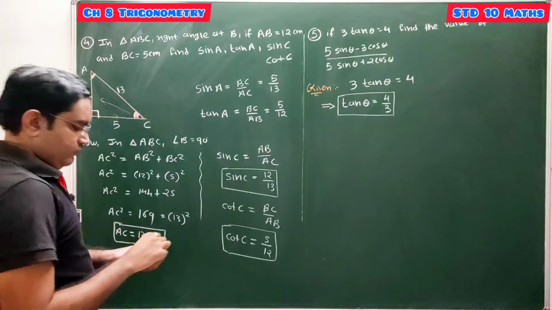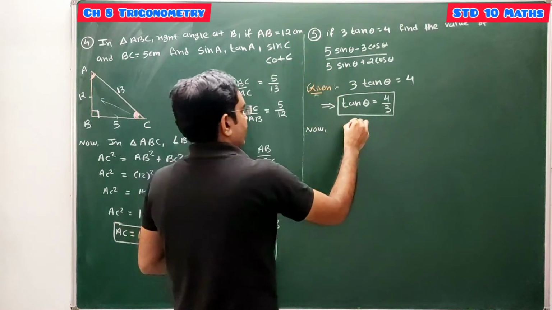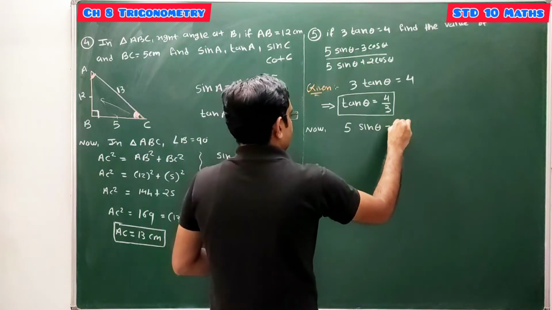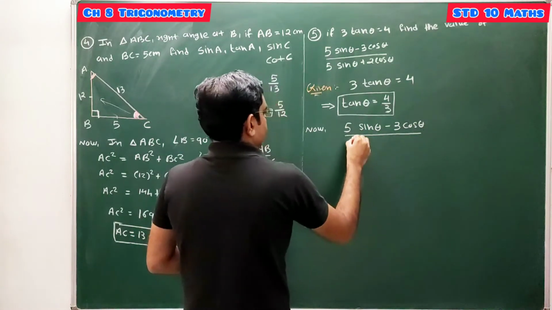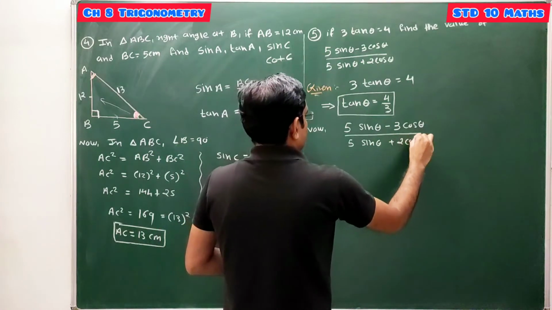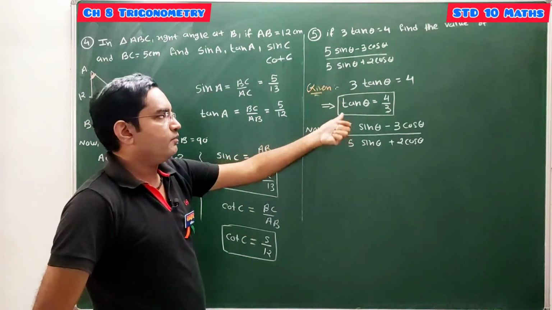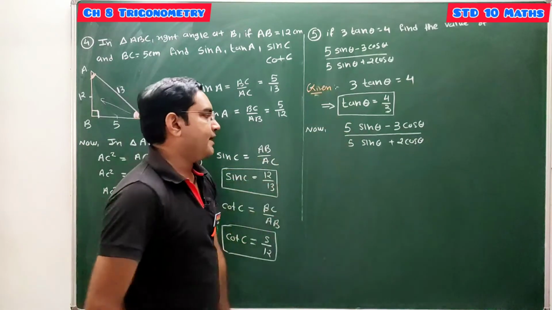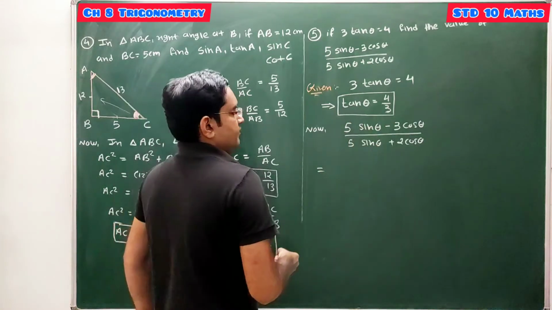You have to find the value of this expression. Which one? This 5 sin theta minus 3 cos theta upon 5 sin theta plus 2 cos theta. तो हमने बहुत सारे सम्स किए कि जो एक ट्रिग्नोमेट्रिक रेशियो दिया है उसका यूज़ करके हम रिमेनिंग ट्रिग्नोमेट्रिक रेशियो फाइंड करेंगे और उसकी वैल्यू यहाँ पर पुट करेंगे। और आप इसको डायरेक्ट भी कर सकते हैं। कैसे? सो हियर मल्टीप्लाइंग एंड